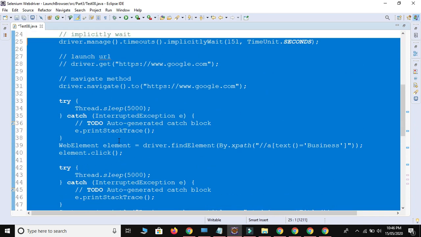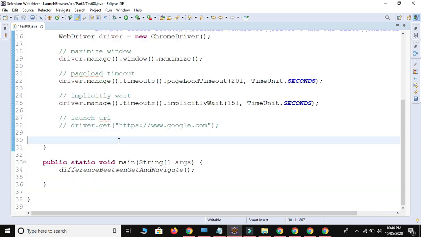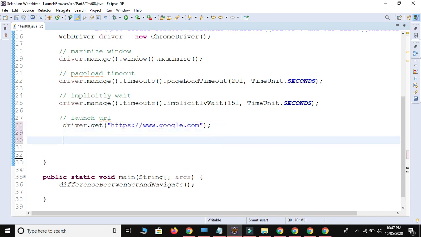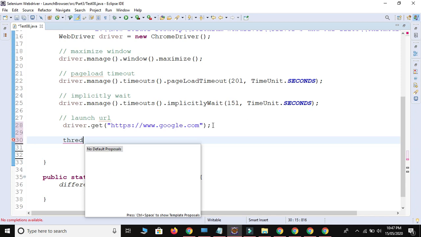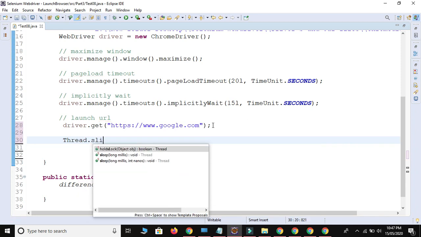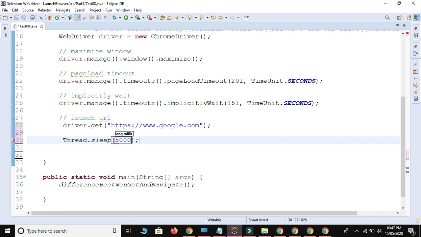I will create this one after some time. Let me close. So driver.get method is there. Okay, so after launching this Google, I will launch one more URL, but I will provide some sleep. Thread.sleep method is there for the 5 seconds. Let me surround it with try catch block.